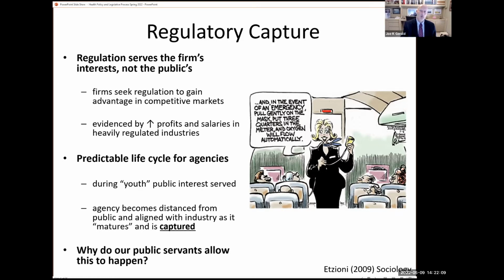If I, as a voter, recognize that my elected officials aren't writing laws that are in my benefit, but are rather giving gains to these special interests, how can I then just vote them out, right? I can go, well, I'm going to vote for a new official so that I can get laws and regulations that benefit me. So I'm just going to throw the bums out. Why do our public servants allow our regulatory agencies to be captured?